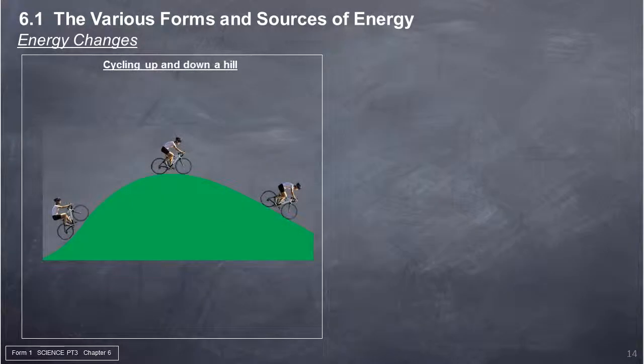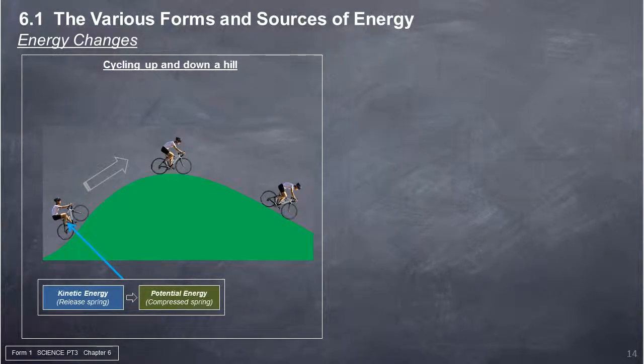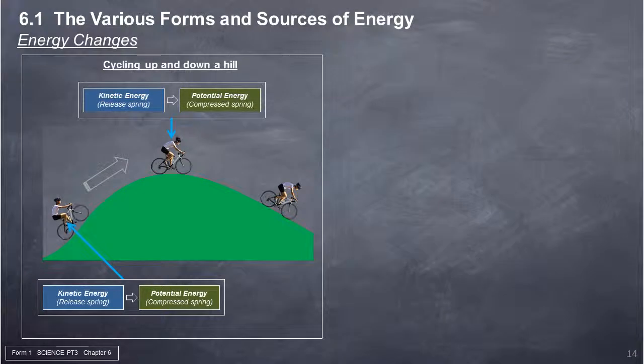Cycling up and down a hill. When the cyclist is cycling on the flat land, kinetic energy is at maximum, and potential energy is zero. When the cyclist cycles uphill, he slows down. Kinetic energy is lost, and changed to potential energy. At the top of the hill, if the cyclist stops cycling, all the kinetic energy will now change to potential